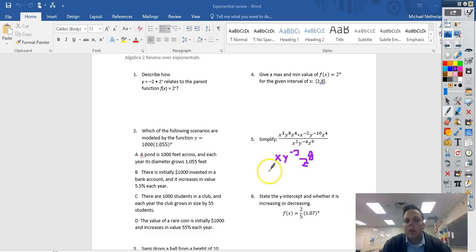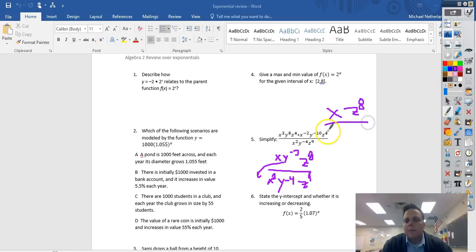All over x squared, y to the negative 4th, z to the 9th. Now here I would say I'm still not done simplifying my numerator because I have a negative exponent. I can't have that. So I'm going to take this y to the negative 2, and I have to bring that down. So on the top now, all I have is x z to the 8th